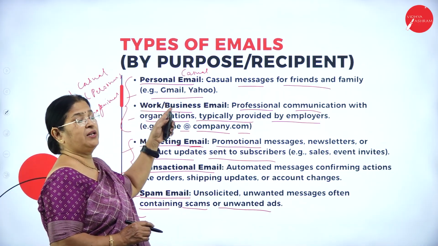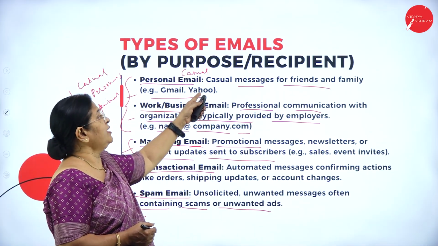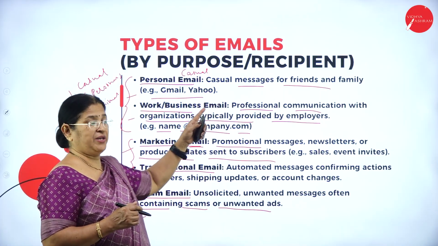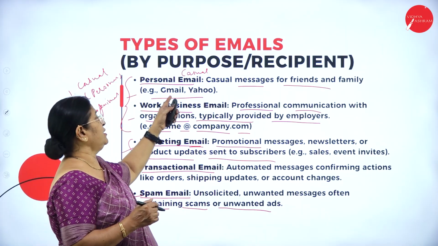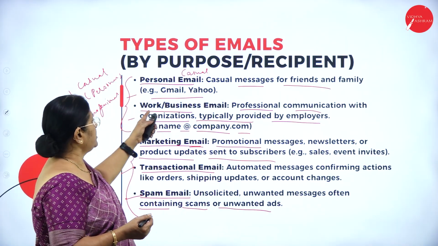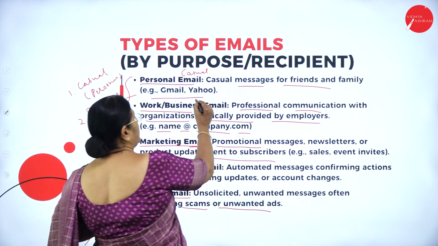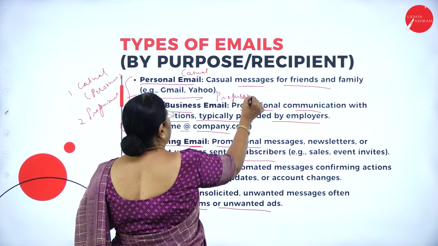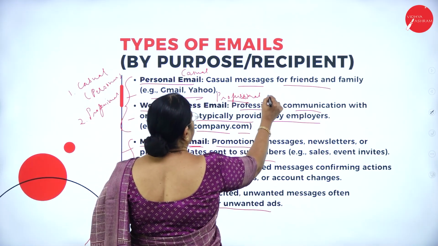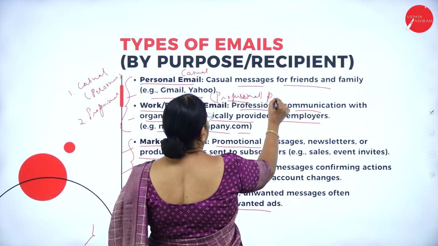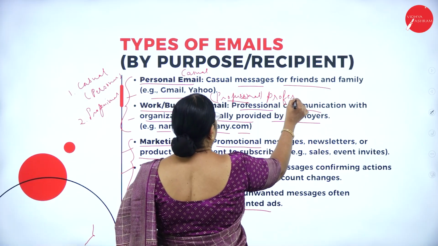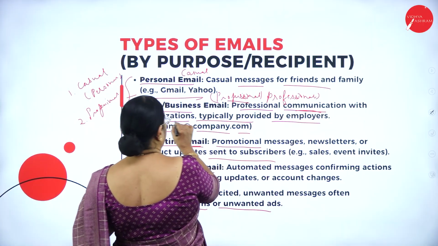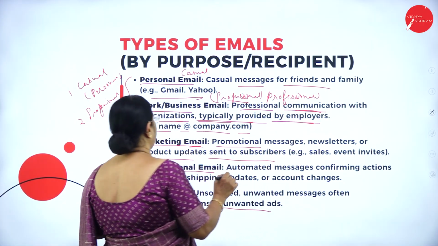So what is personal email, which is also called casual email? It is mainly meant to send casual messages for whom? For friends and family. For example, through Gmail, as well as Yahoo. Then work or business emails, which you call professional. Professional emails are communication with organizations, typically provided by employers. Example,